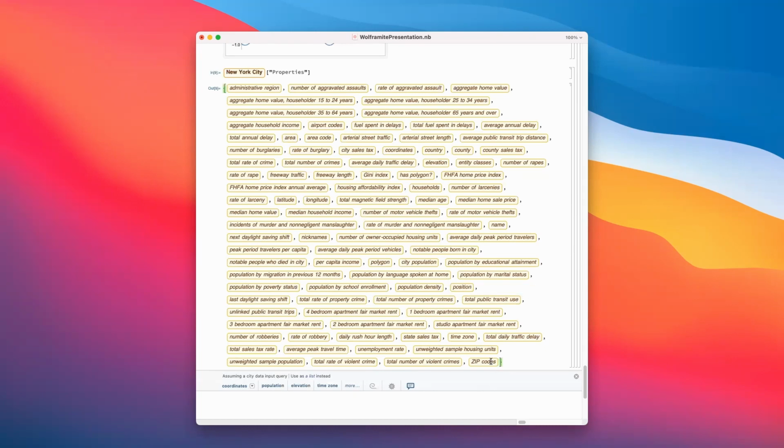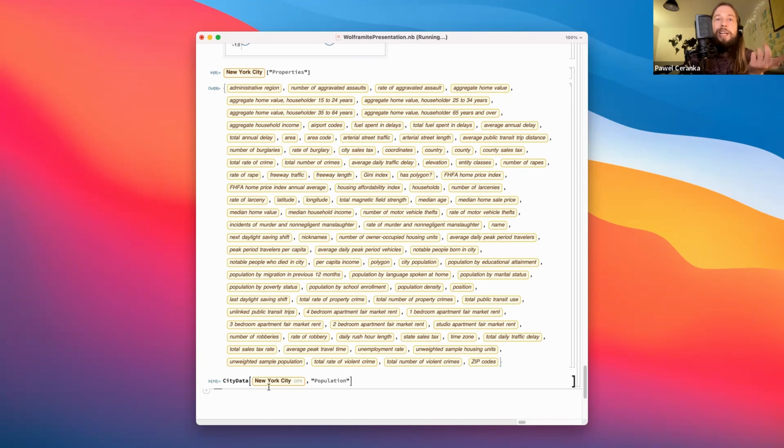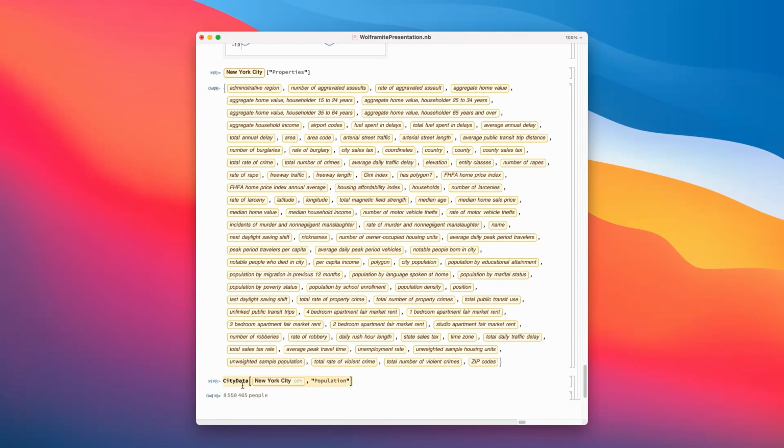Yeah, I see city population there. And I'm seeing zip codes as well, right? And population, you can click on this, and that's a cool interactive thing that they have, because everything is symbolic. Even the interactive thing translates into actual code, and then the code runs. So I clicked population, and you can see what it does, which is running this. And this is something you can already take to Clojure, right?